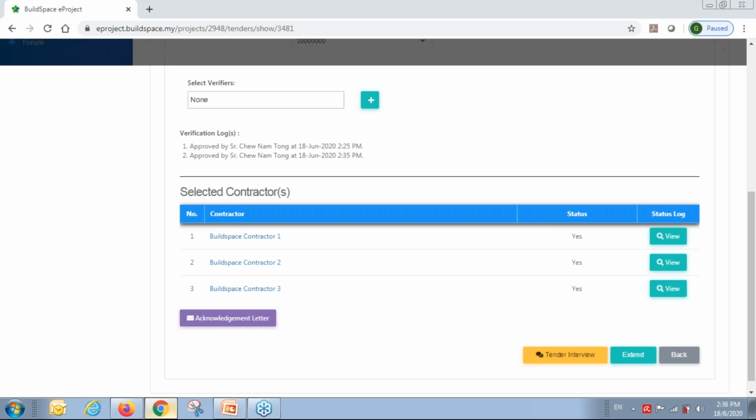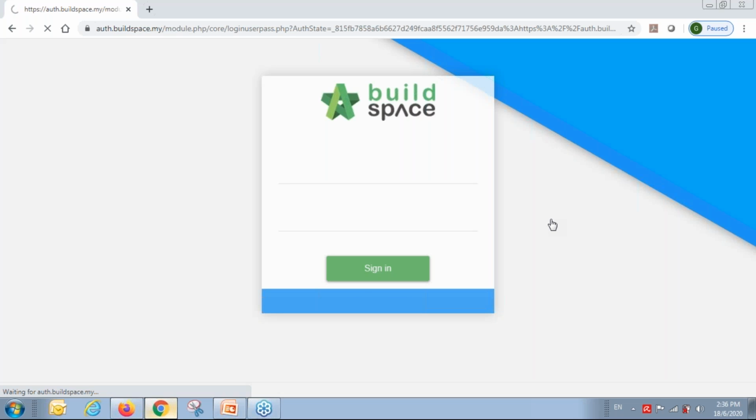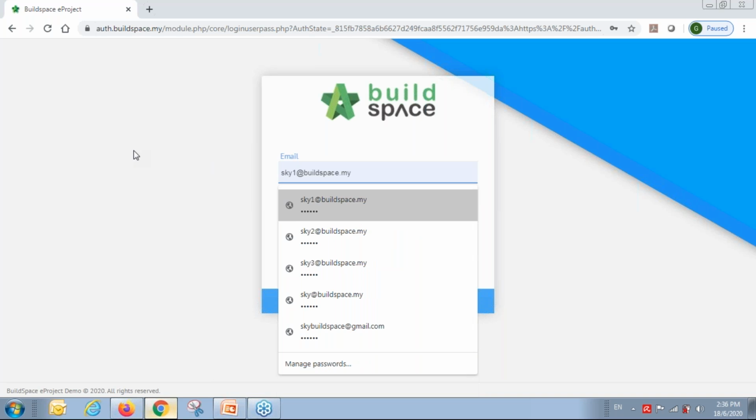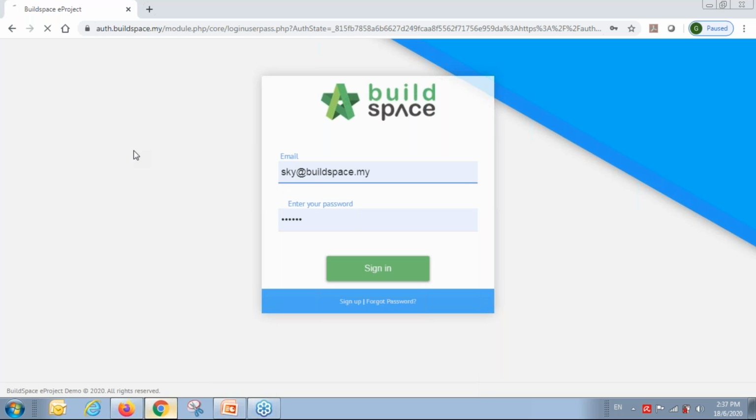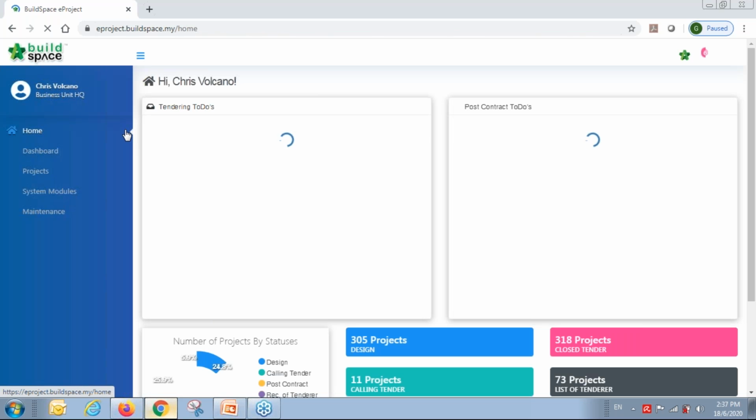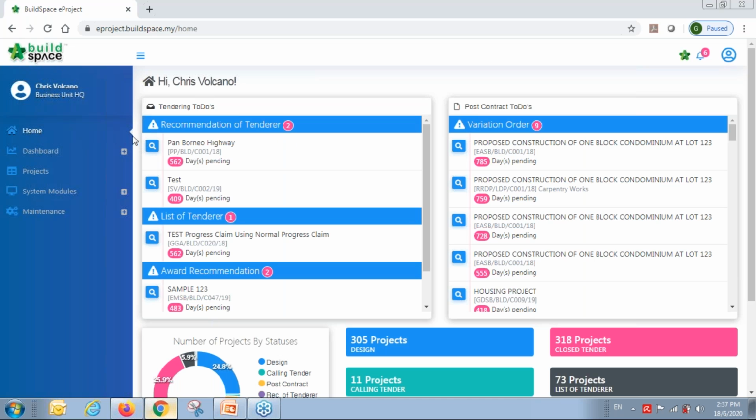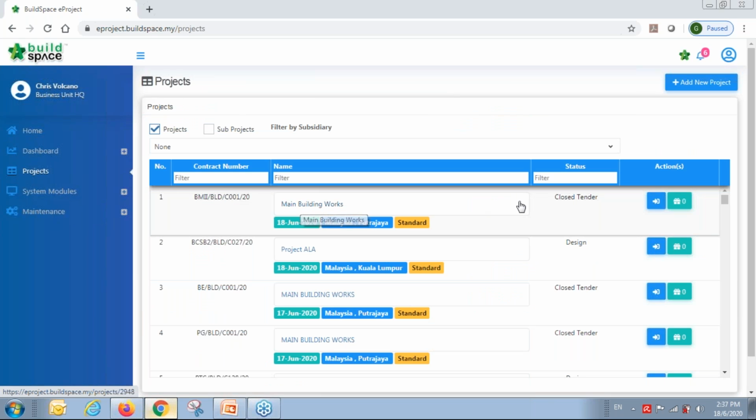Okay, now I cannot see the tender, even though I'm the QS and the tender has closed, because we have the open tender process. Now I log in as a client, let's say the developer. I can go to that project. Let's say I go back to projects, and I can open the project I created just now, main building works. You can see the cross tender already. If I open this,